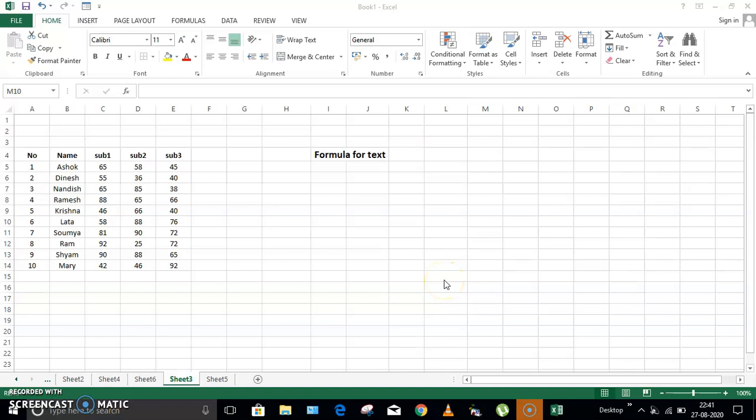So let us start with the formulas in MS Excel. I'll start with the first one, that is formula for the text. Here I have highlighted. I'll show you how to utilize formula for the text in MS Excel. Whenever we are linking two text values together within the formula, we call it concatenation. And in MS Excel, we are using ampersand to connect the text in one cell with the text in another cell. Okay, so now let us see that one.